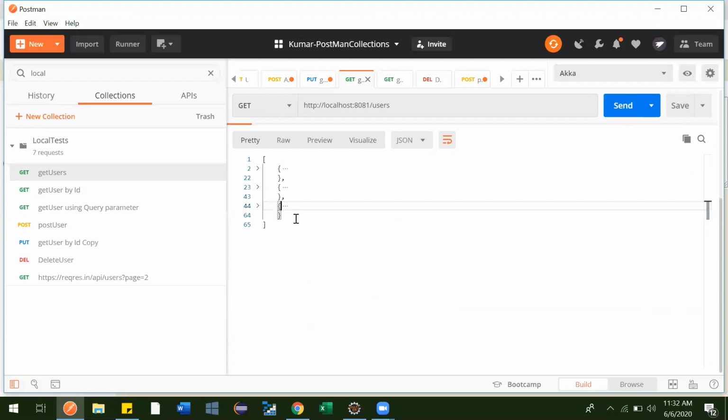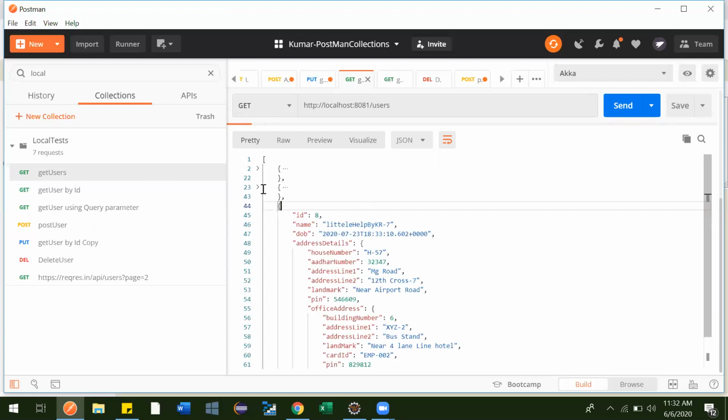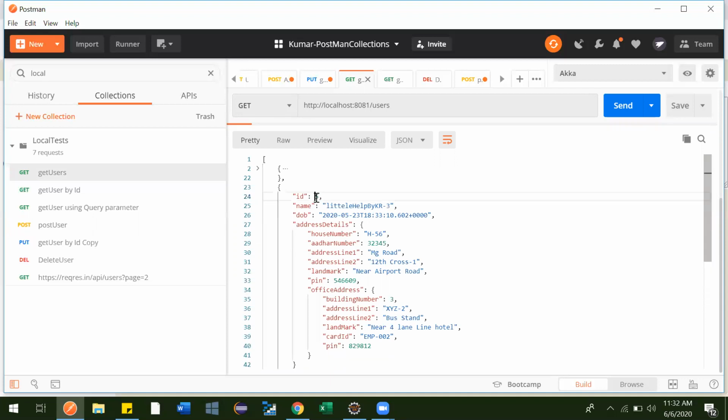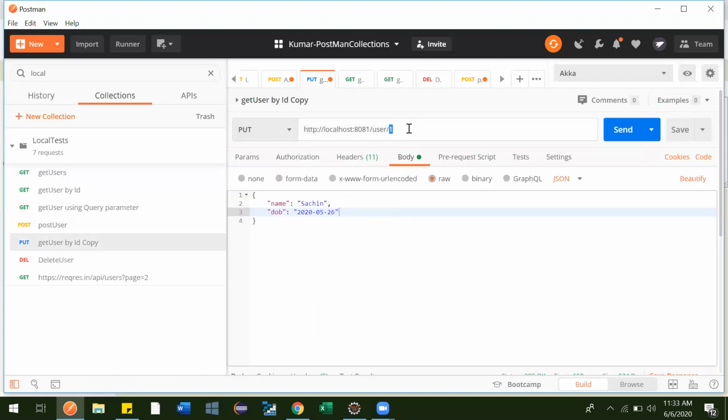Suppose we want to update the details of an existing user, for example ID 5. We go to the PUT request and, instead of 1, we give ID 5.